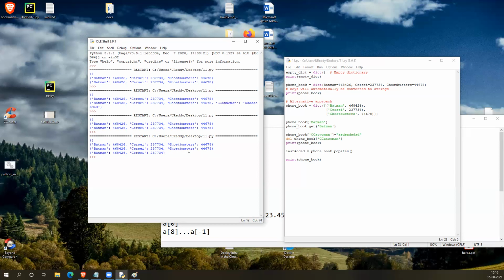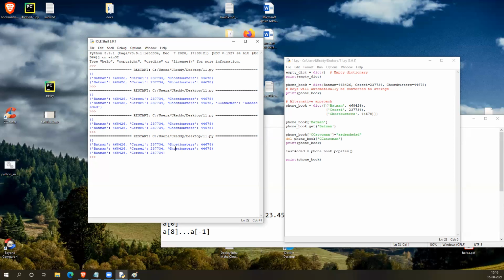So the next one, similarly, you can get the length of the dictionary with the len function, and you can check the key existence with in, like we did in lists. But here it will search for that particular key. You can copy the contents using the update.